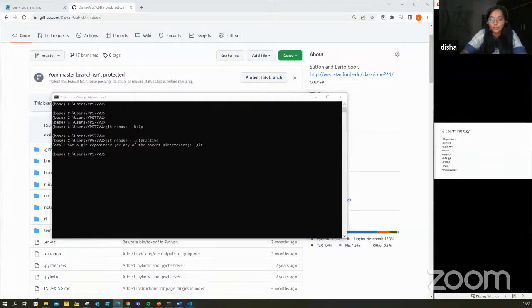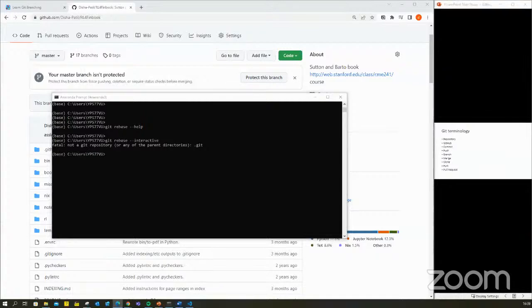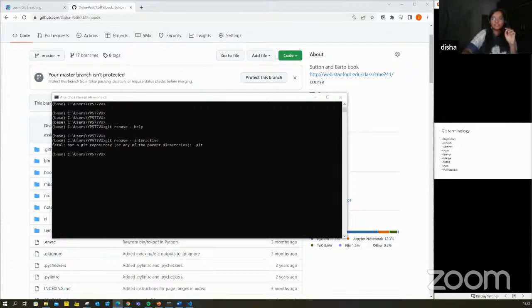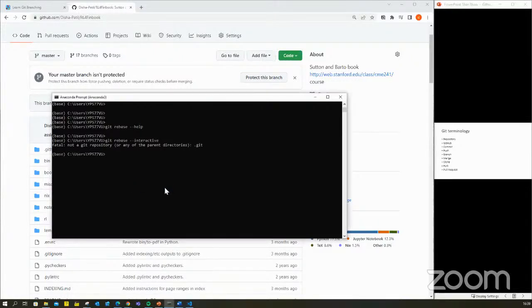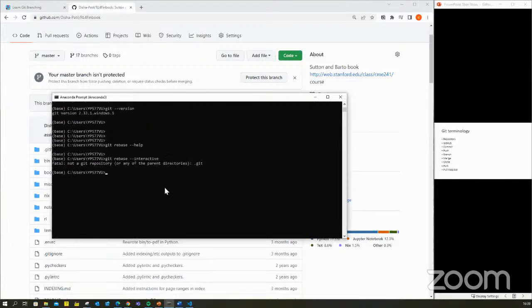If anybody knows... I think it will not increase on the command prompt. Yes, here it will not. On VS Code it can be increased, but here we cannot. Yeah, here we cannot.